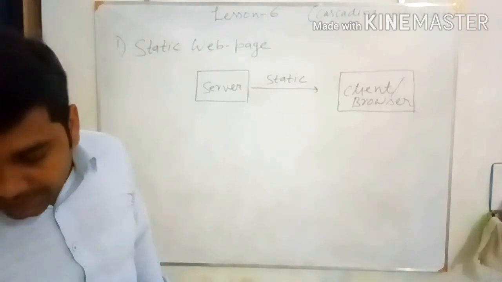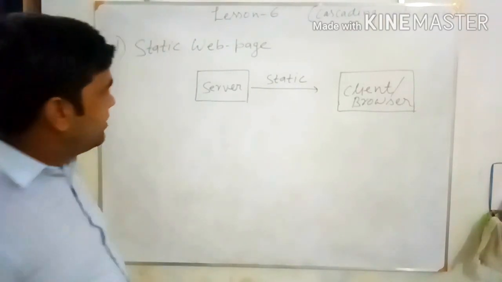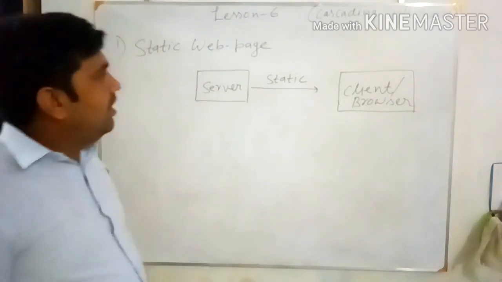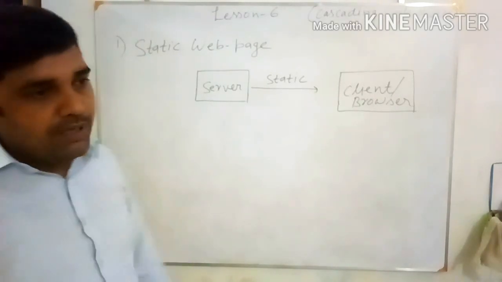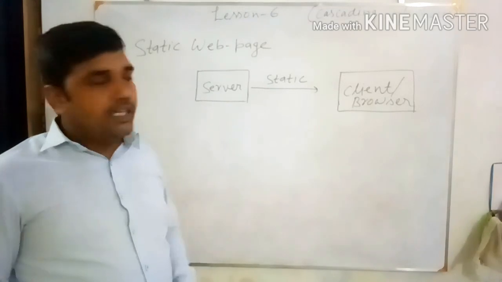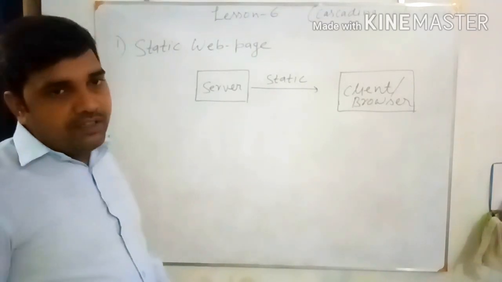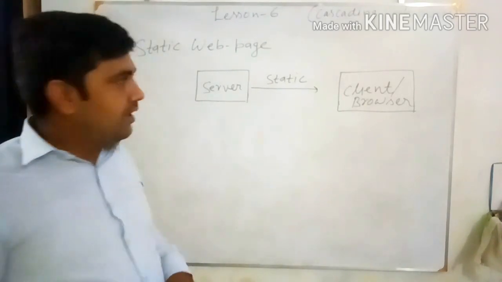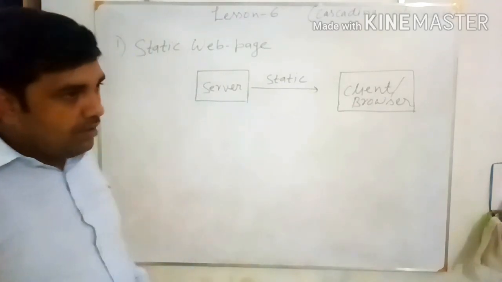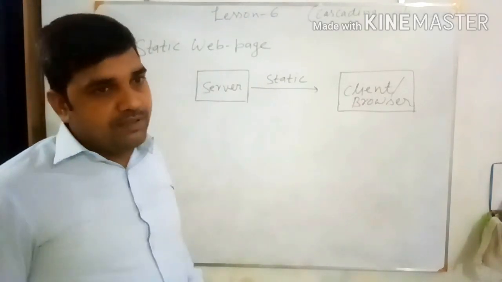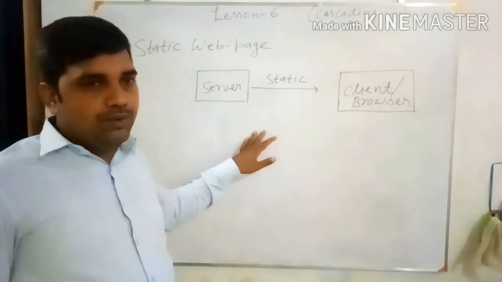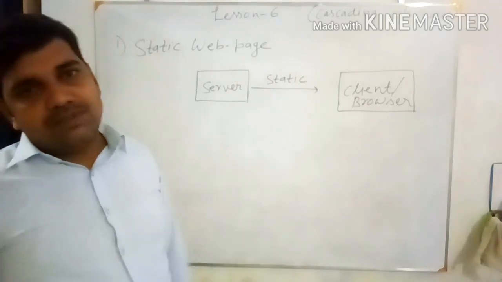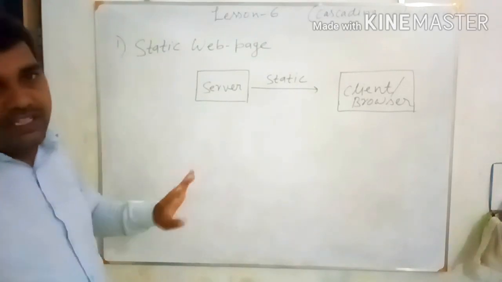Static means unchanged or constant. So in the static web page, the contents of the web page are static, they do not move. Now these web pages are loaded on the client's browser. So after writing the HTML code on the notepad, if we are running that code with the help of any browser, what we find is that the web page created by the browser is static. The content is not going to be modified if you open it another time. Suppose the same HTML file, if you run in any browser, 2 times, 3 times or 4 times, you will get the same output. Nothing is going to be changed.